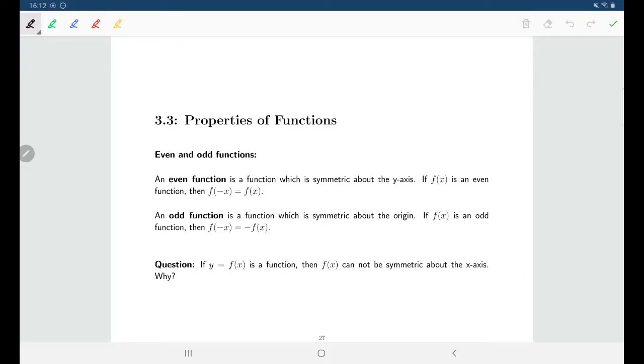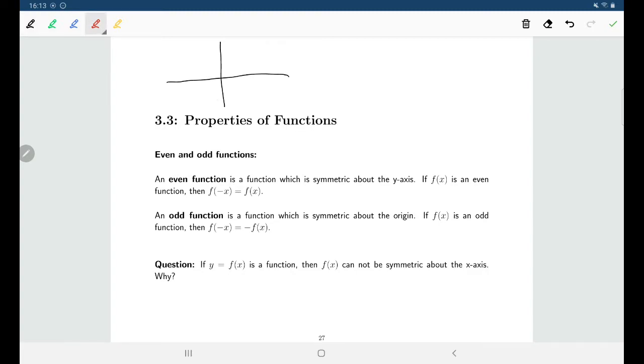Welcome back. In this section, we'll be talking about some properties of functions, which include symmetries of functions, as well as average rates of change. So first off, to talk about symmetry, remember that we had already talked about symmetry of graphs of equations,